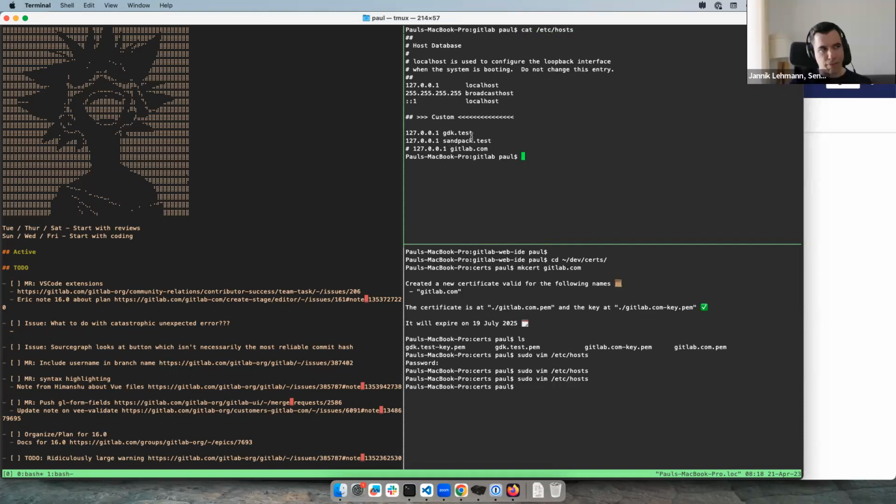Okay. So normally everything uses gdk.test, but I was like, let me just do this with GitLab.com. I had to do this at a certain time though. If I did it too early in my process, then running GDK reconfigure, which tries to reach out to GitLab.com, started to fail on me. So the last step is this. The first step is